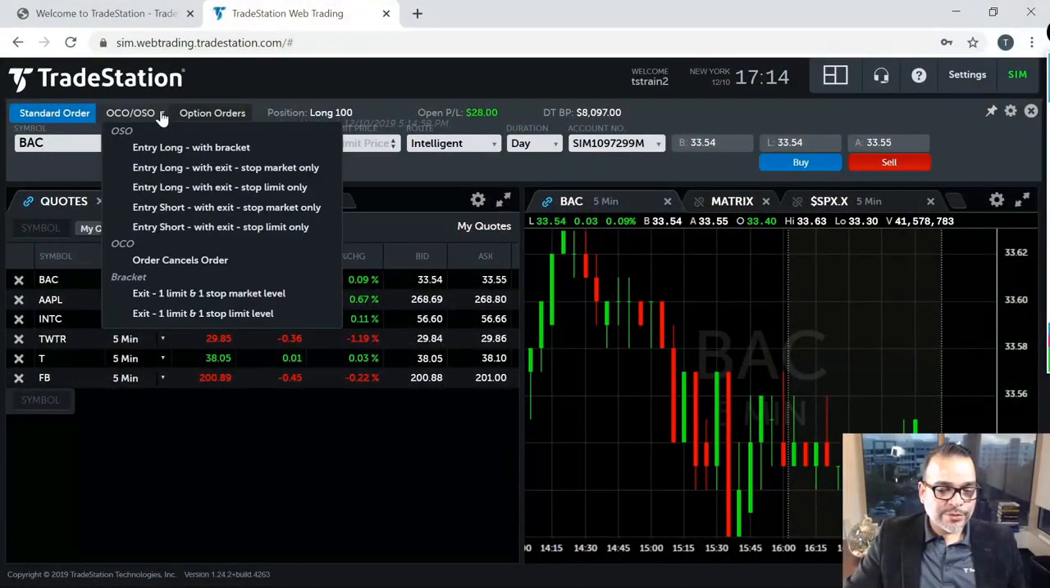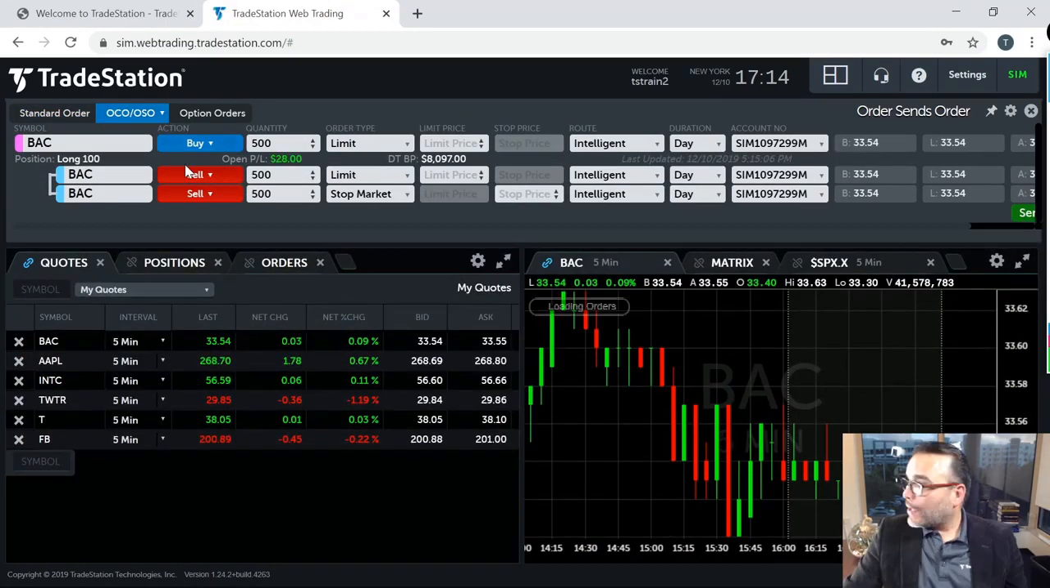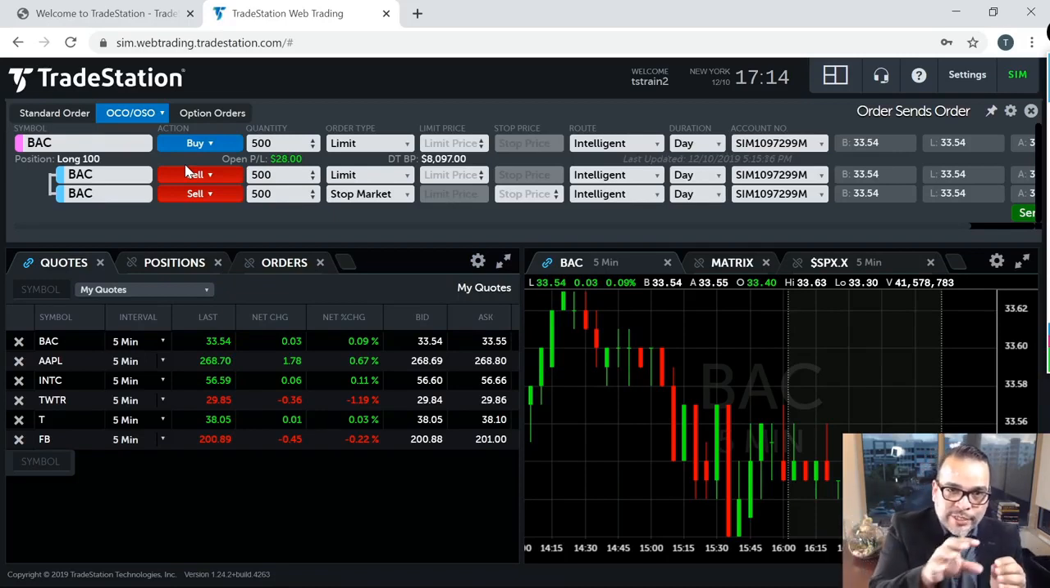We go here to the OCO, OSO button. I'm going to do a long trade with a bracket. One of the things that I like about the web trading application is that visually, you can see the order right there. You see the primary, and then it branches or it provides you an indentation for the following 2 orders. And it visually creates this great relationship between what the primary order is and what the secondary